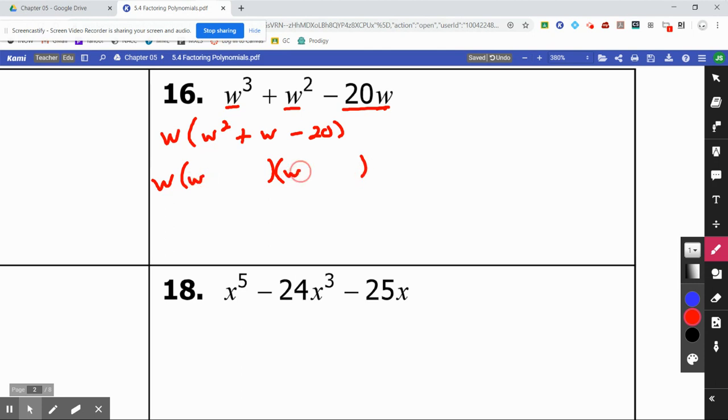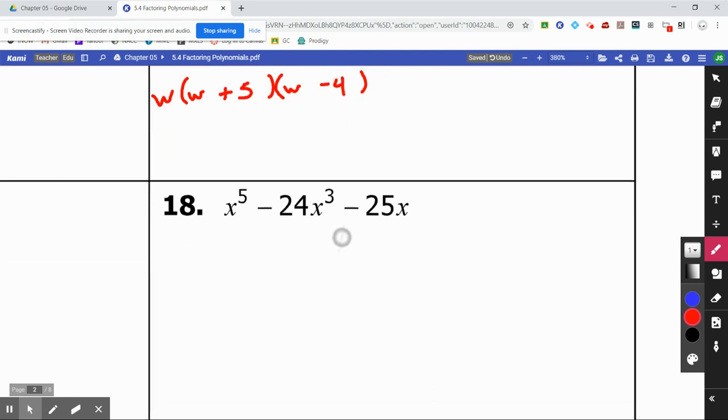W times w does give you the w squared, but what adds to give you 1 and multiplies to give you negative 20 would be a positive 5 and a negative 4. Number 17